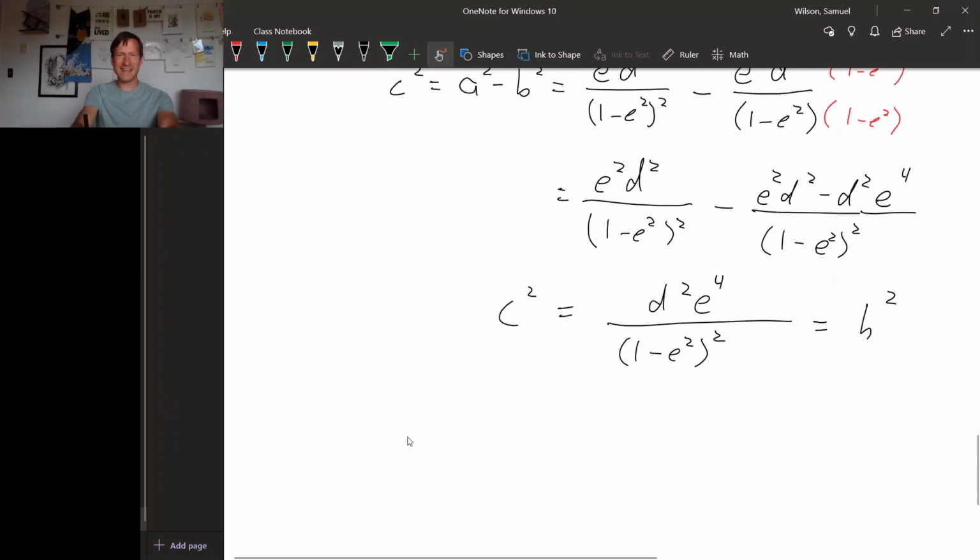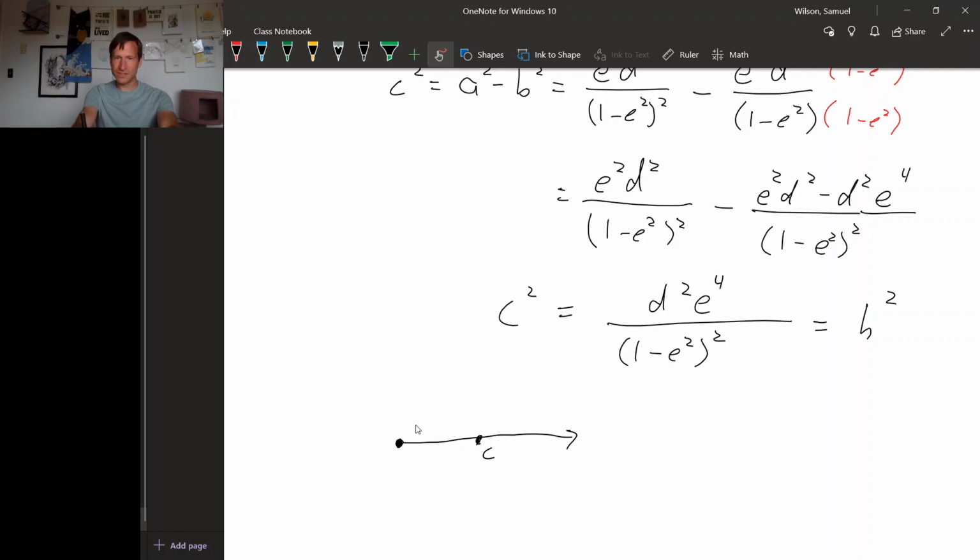So what this is saying is, we had our origin of our coordinate system, and our polar axis. The center of the ellipse was out here somewhere, and